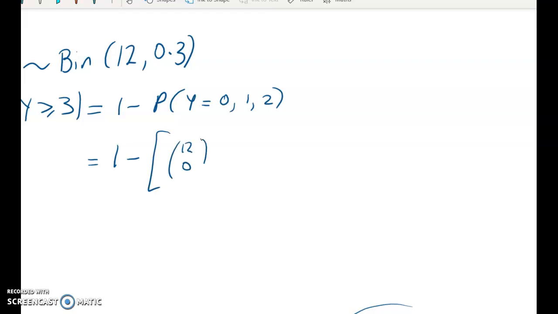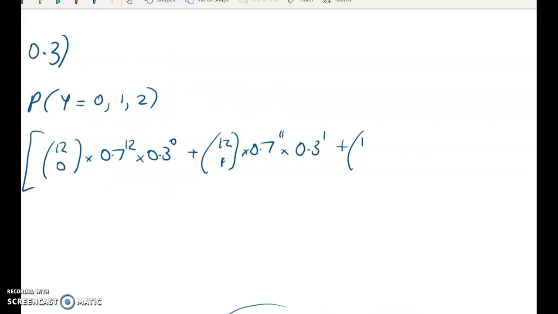So this is 12 choose 0 times 0.7 to the power of 12 times 0.3 to the power of 0 plus 12 choose 1, 11 fails and 1 success. And now we have 12 choose 2 times 0.7 failures and